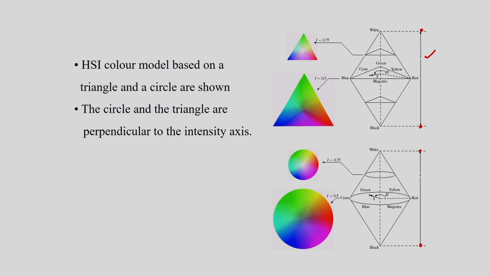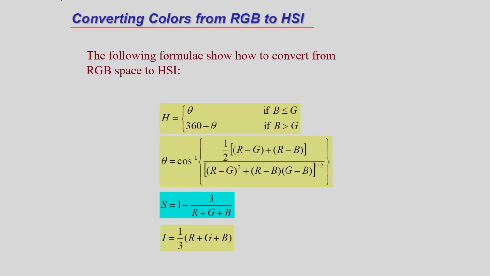And corresponding to this, what is the hue? Hue is the angle with respect to the red axis. So in both the cases you can see the hue, and saturation is nothing but the length of the vector. If it is 1, then saturation will be 1, that means I am getting the pure color. Corresponding to the points on the intensity axis, the saturation will be 0, that means it is not the perfect color. So this is about the representation of the HSI color model. And some conversion formulas.